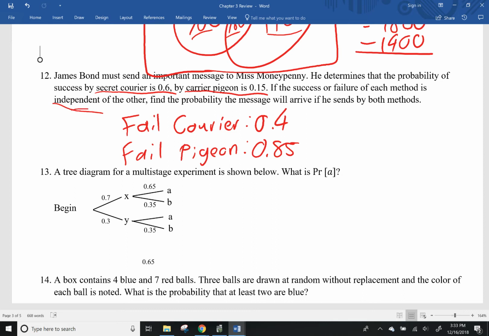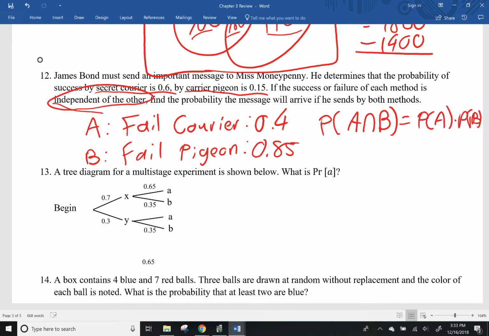Now, failure is independent. So if I want to find the probability that both fail, I'll call this A and this B just to make things simple. The both fail, A intersect B, which is probability of A failing and B failing. Because it's independent, I can just simply multiply those two together. So that probability of A failing is 0.4 and probability of B failing is 0.85. So if you multiply those together, that's the probability that both of them fail, that the message does not get through at all. So 0.4 times 0.85 is